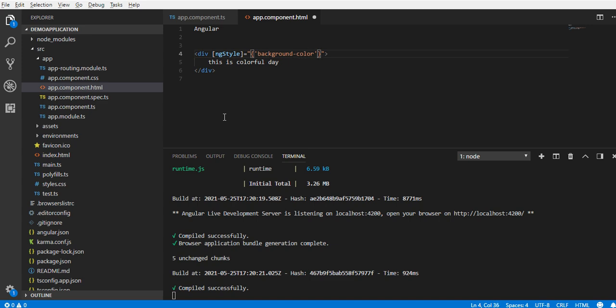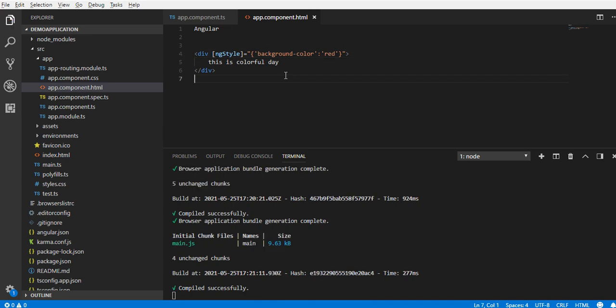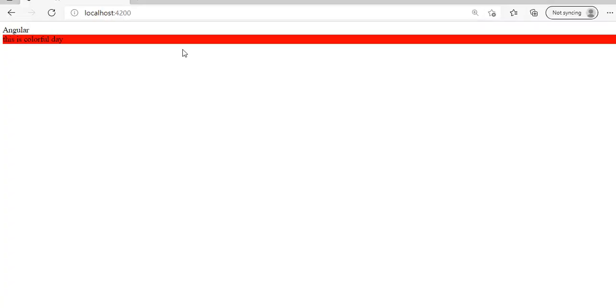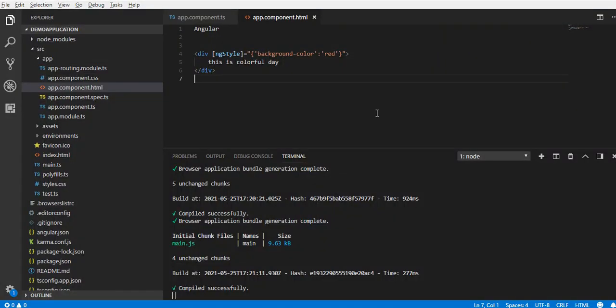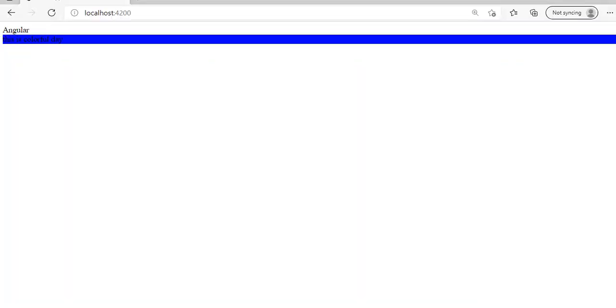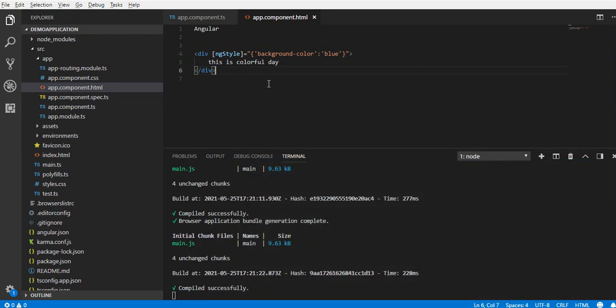This will act as a key, and then the value red is in single quotes, and save it. Let's go to the browser. See, the background color is changed to red. Now we can change to some other color. Let's take blue, save it. It's changed to blue. This is very easy, right?